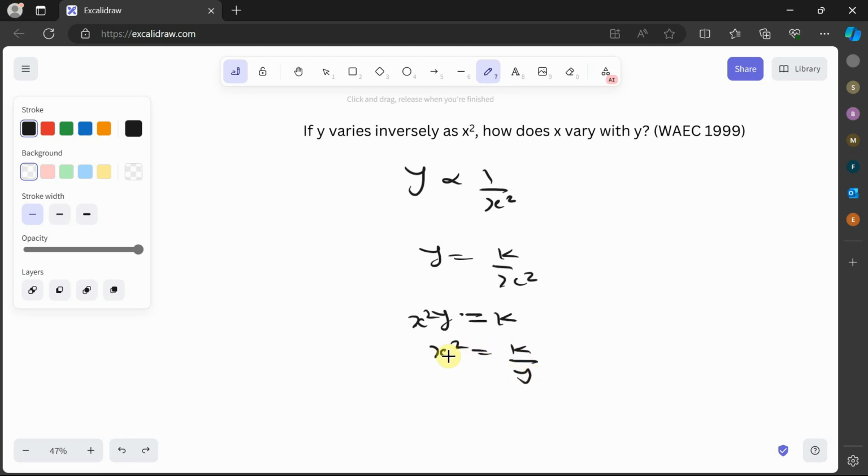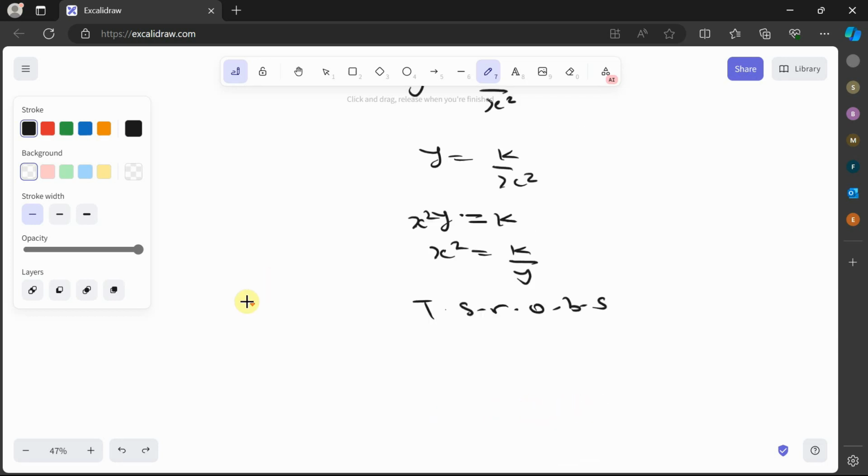And if I want to remove this x squared, I'll take the square root. So taking square root of both sides, that will be square root of x squared is equal to square root of k over y. So square root of x squared is x, and this I can say square root of k all over square root of y. But there's something about mathematics. If you're taking the square root of a constant,